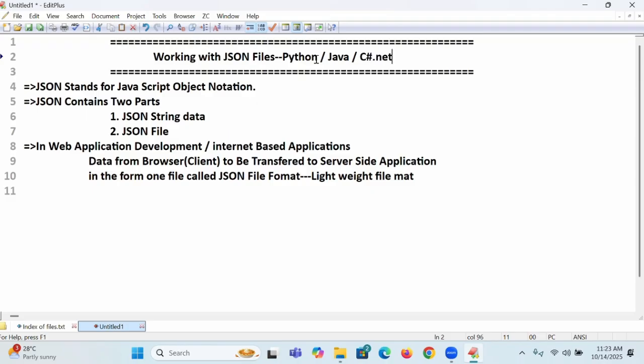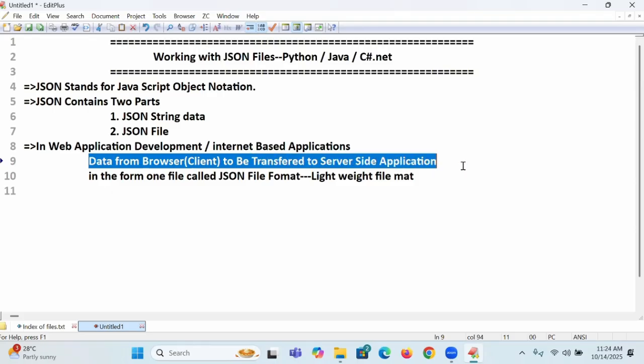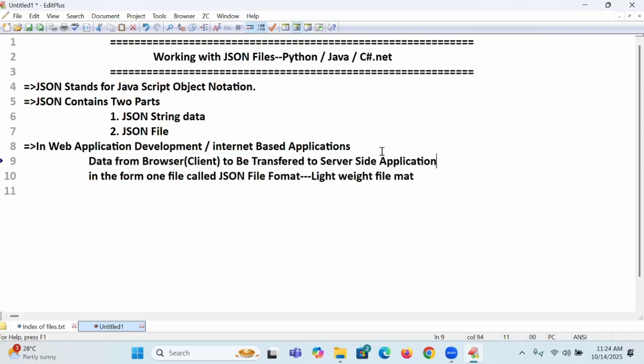In all these places, you will come across JSON file data, to transfer the data from the browser to the server side application. In web application development, data transferred between the client side application and the server side application